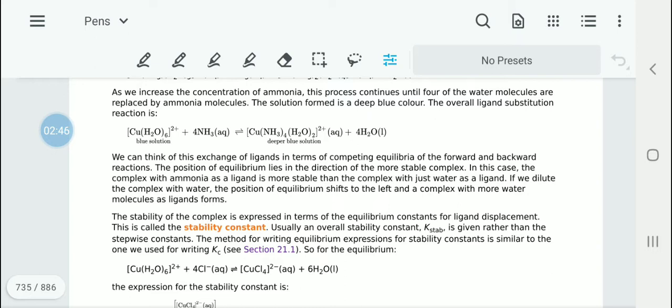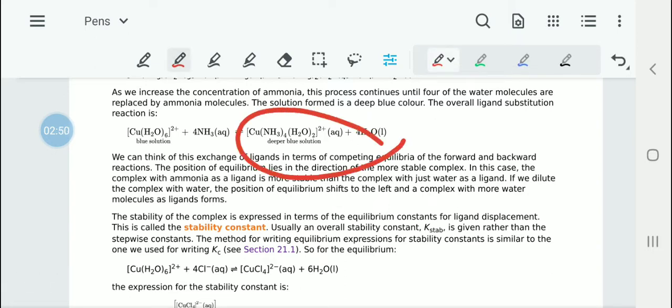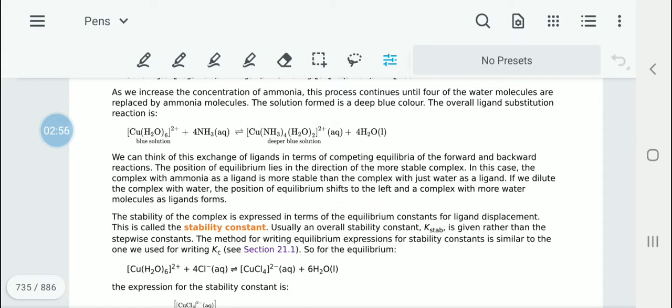The more stable complex in this situation is the product, because it is more stable than having only water as ligands. So if we add more water to this, then the equilibrium will have to shift to the left